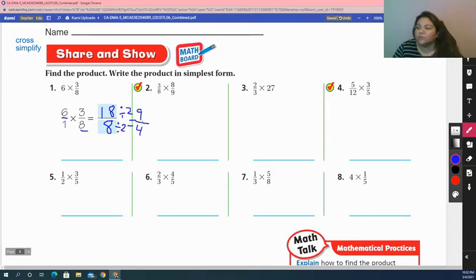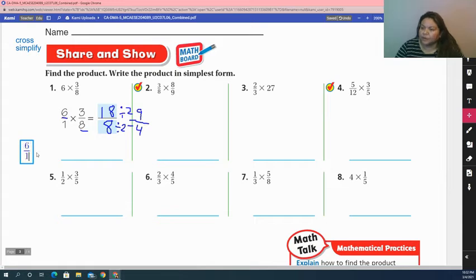And now I want to rewrite this as a mixed number, okay? But before we do that, let me show you how that will look if we cross simplified. So I'm going to rewrite here 6 over 1 times, so I'm just going to show you another way to do this, times 3,